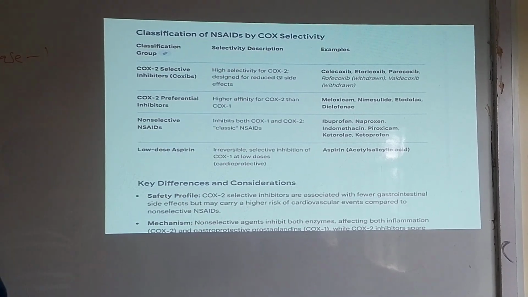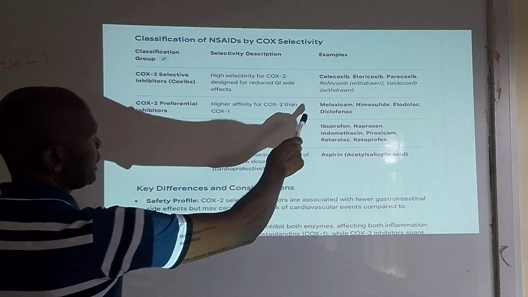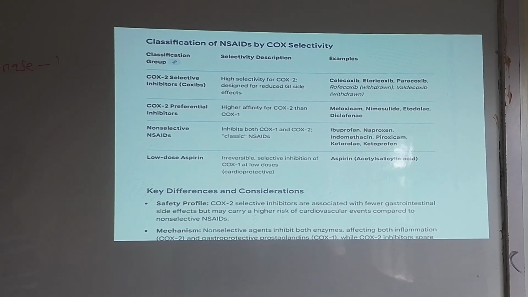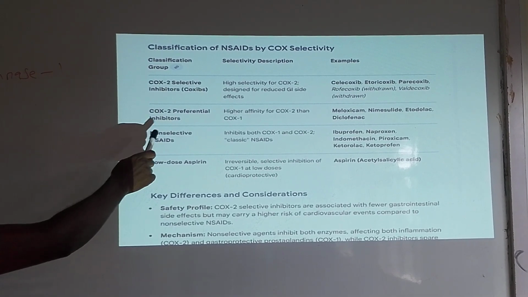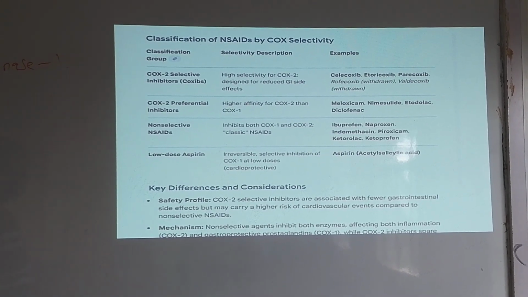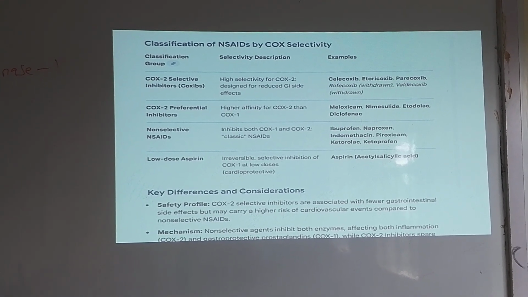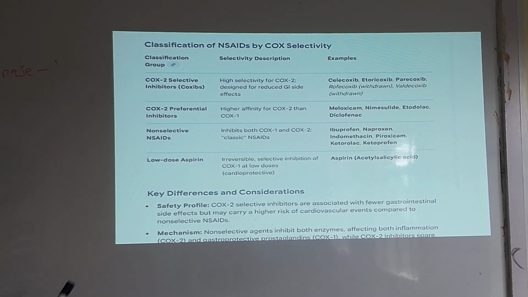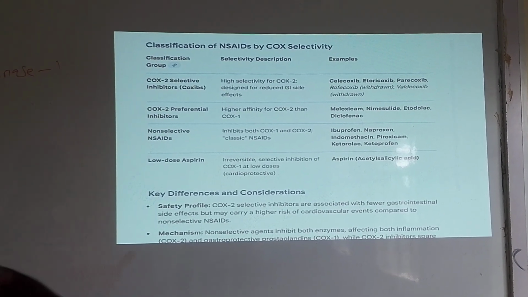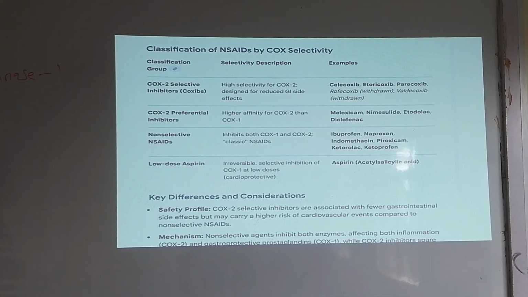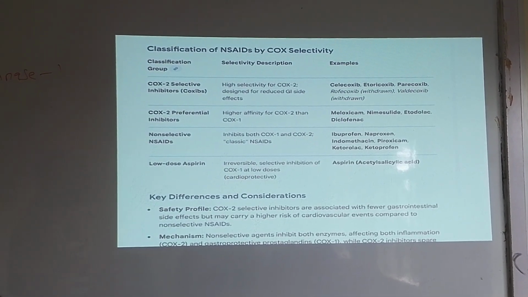Examples of COX-2 selective inhibitors, we have celecoxib, etoricoxib, among others. Then we have what we refer to as COX-2 preferential inhibitors. These ones are non-selective, meaning they can inhibit both COX-1 and COX-2. But in this case, they inhibit COX-2 more than COX-1. An example of this category is meloxicam,